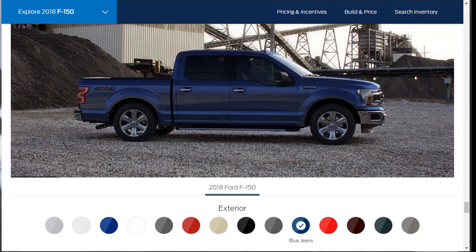Stone Gray. This one's called Blue Jeans. Seriously. Race Red. Magma Red. Guard. The color is called Guard. And then finally, there's Leadfoot Gray, which makes me remember that I think I did a build-and-price on a